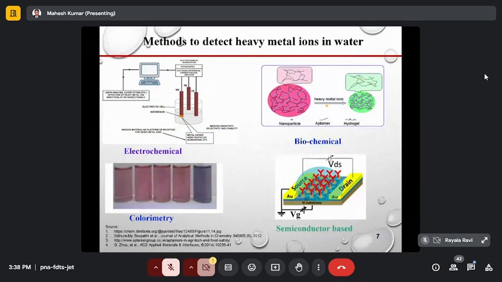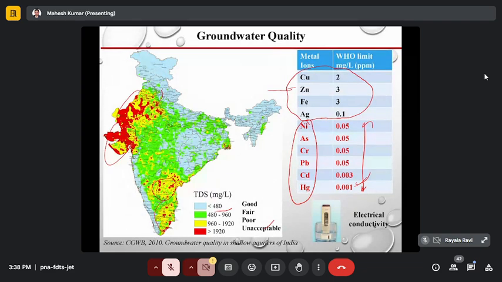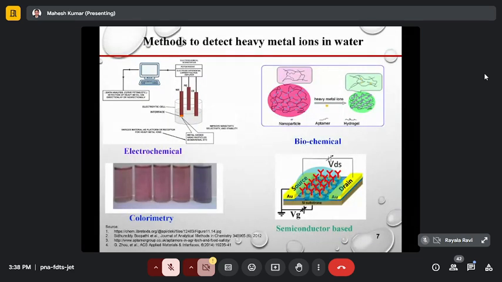So how do we measure these heavy metal ions? We know nickel, arsenic, mercury, cadmium, and lead are highly toxic in nature. But how to measure them? To measure this, we have to look at some physical or chemical phenomena. There are different phenomena. By electrochemical methods we